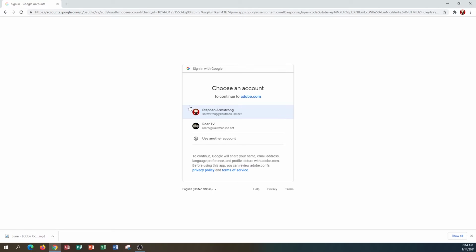If you see other people's names, that's okay. If you see your name, go ahead and click on your name. If you don't see your name and email, click use another account and then put in your school email address. That is your first initial, last name at kaufman-isd.net. Okay, that's your school email. Some of you have the 1 in front of it, or the 2, or the 3, the 4, I believe. But mine's already in here, so I'm going to click on that,